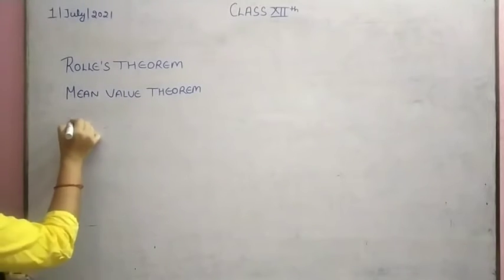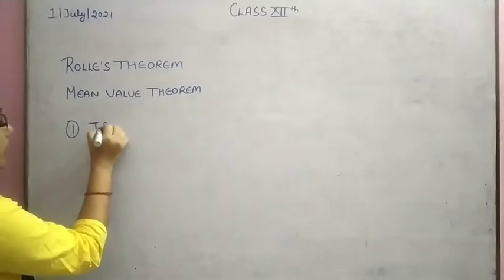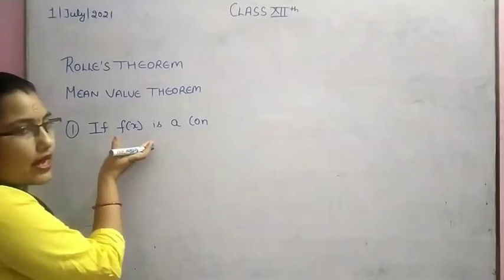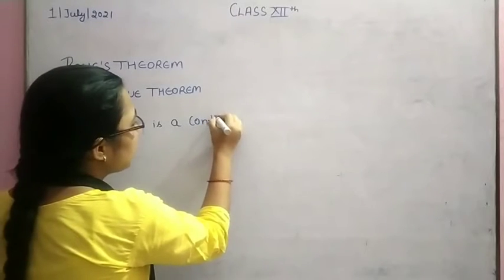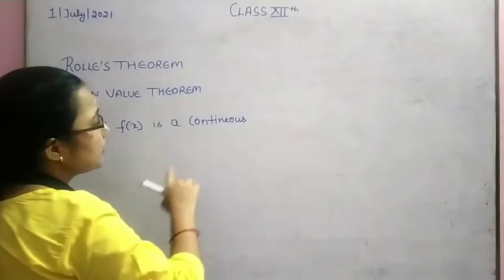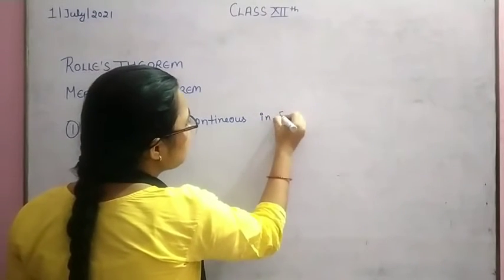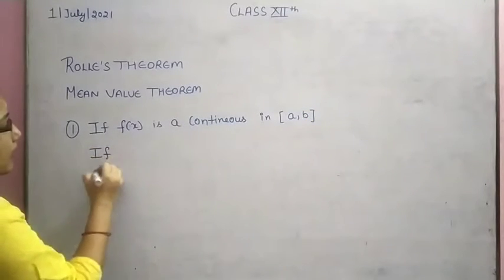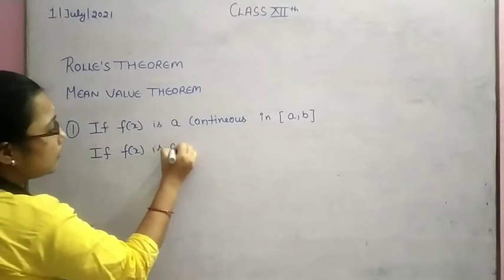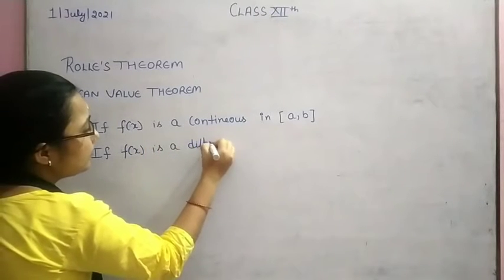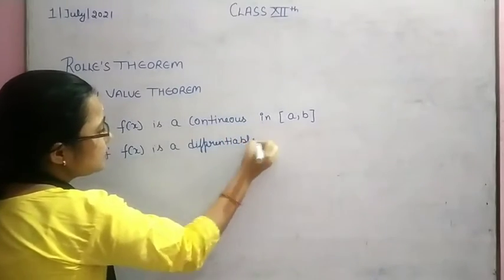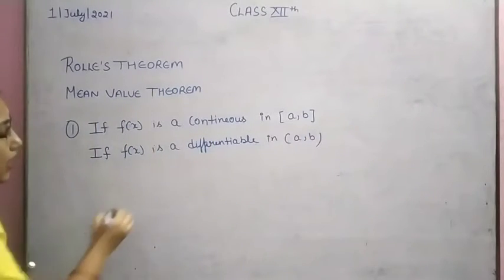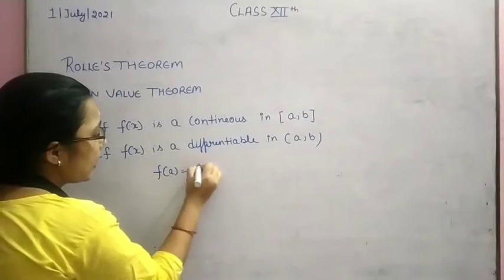So the statement of Rolle's theorem is: let us consider f(x) is a function, and this function is continuous. f(x) is a continuous function on the closed interval [a, b], and if f(x) is differentiable on the open interval (a, b), and it should be f(a) equals f(b),